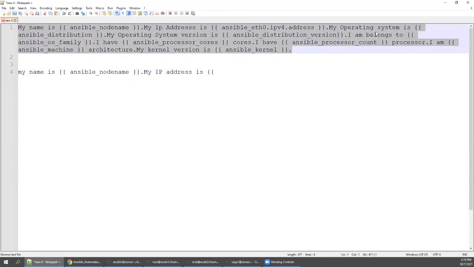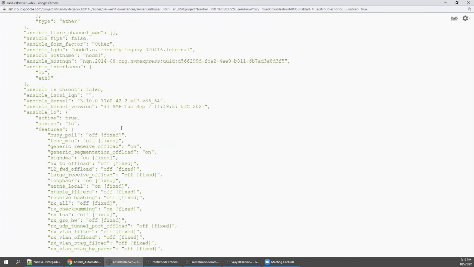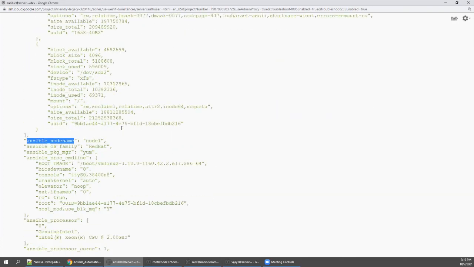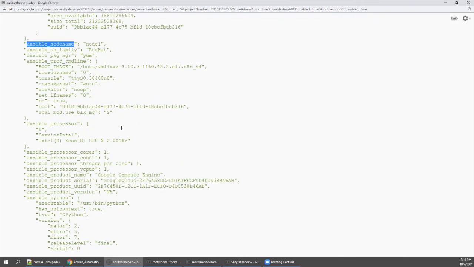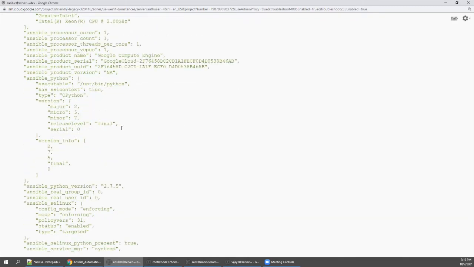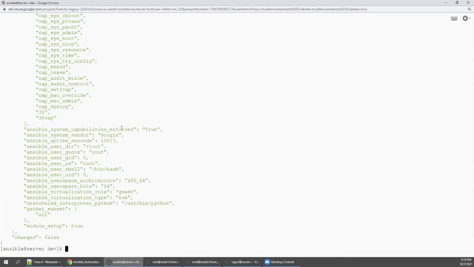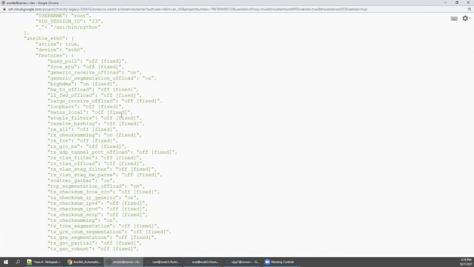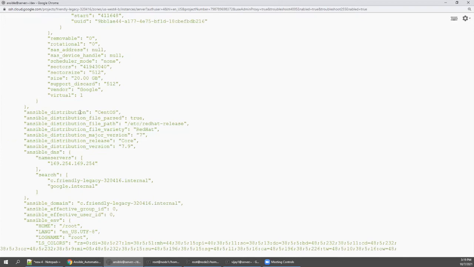And my operating system is, so from where did I take it? Ansible underscore distribution. So come down, Ansible underscore distribution. That is why I asked you to save this in Notepad so that it will be easy for you to find it. I think it will be above Ansible underscore distribution. See here, and Ansible underscore distribution version.